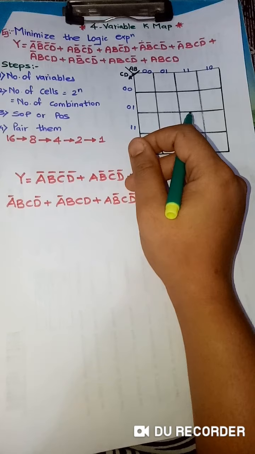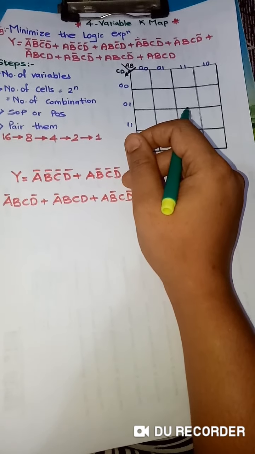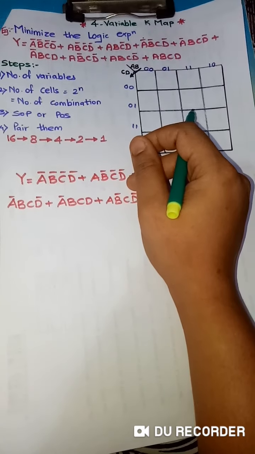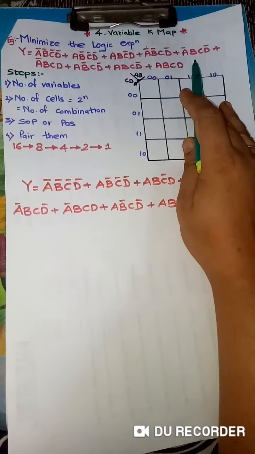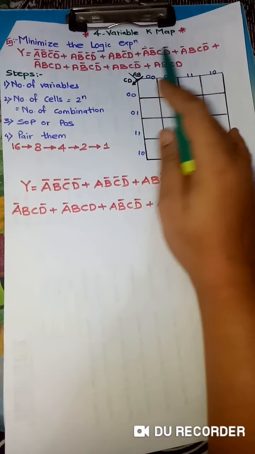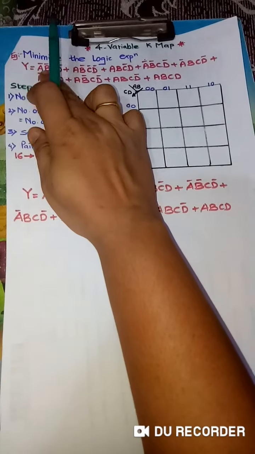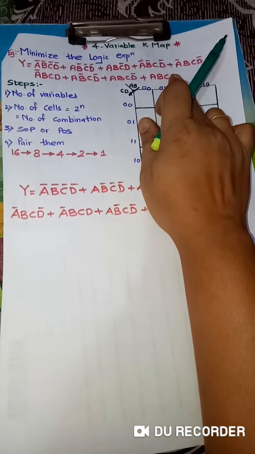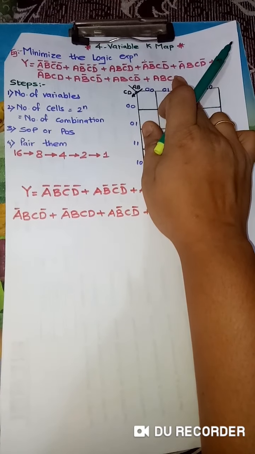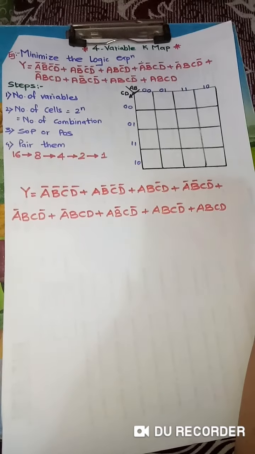Hello dear students. Today we are studying the K-map for a 4 variable expression, and this expression has been given to us in the form of this Boolean expression. We will see how to represent these 4 variables in a K-map, and also minimize this big logical expression to a short form. So let's see how it begins.